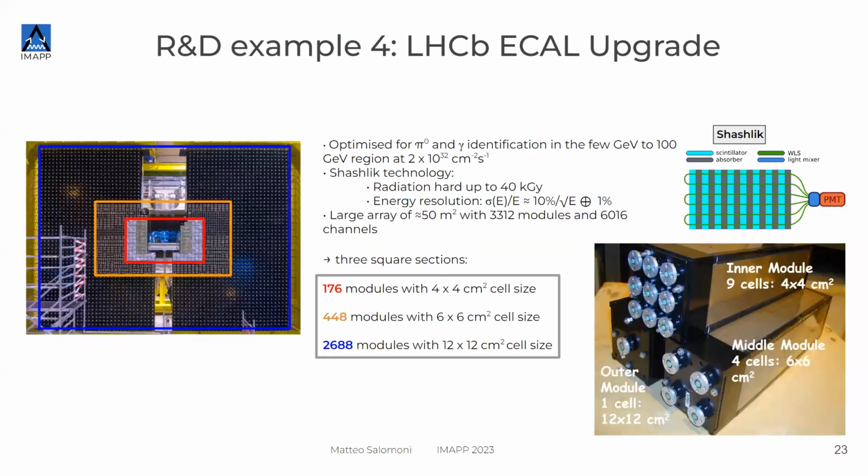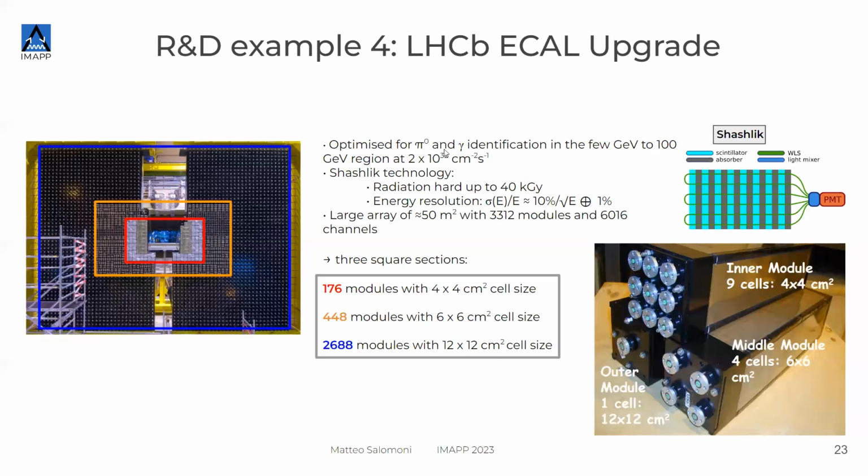Once again, we go into the details of what I do. This is the upgrade plan. I will show you the upgrade plan of the LHCb ECAL, and I start from what we have right now, because otherwise you don't understand. Right now we have a wall, which is this yellow. The yellow you see on the side is a front view of it when the calorimeter was open. The good thing about LHCb is that there is a lot of space, so you can open it, see it, and work on it. It's a big advantage.